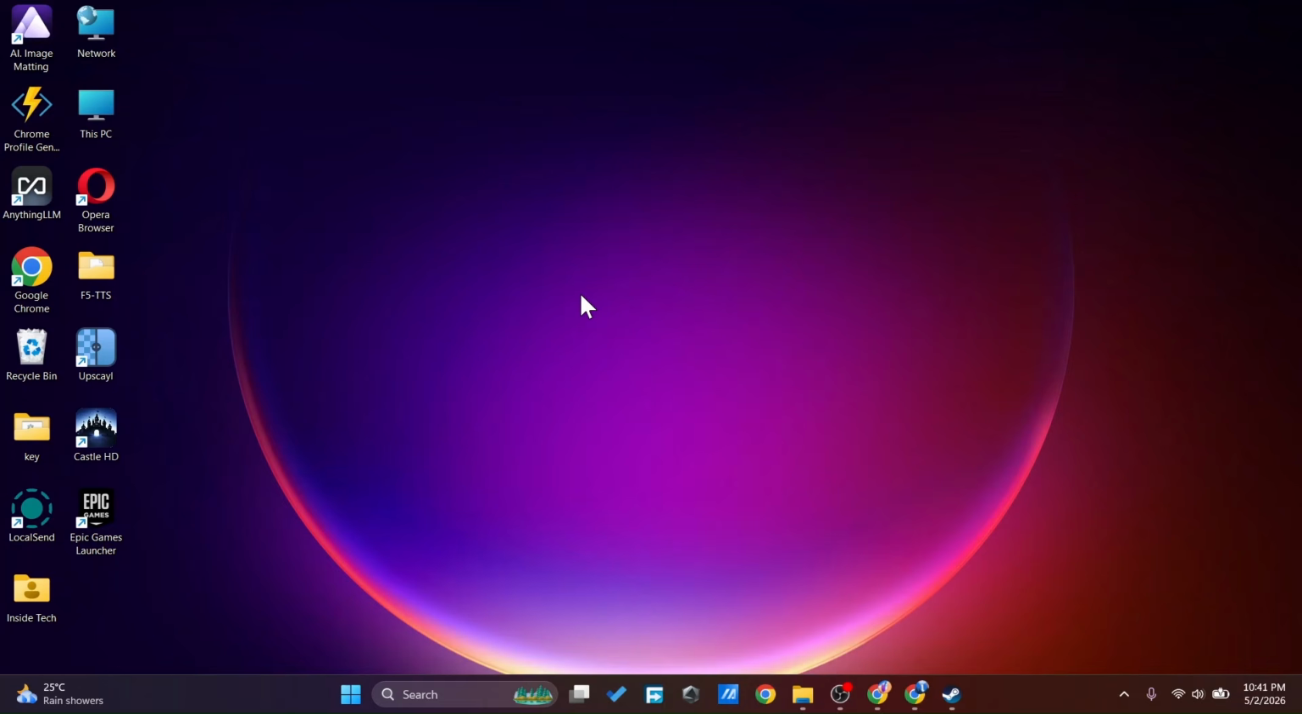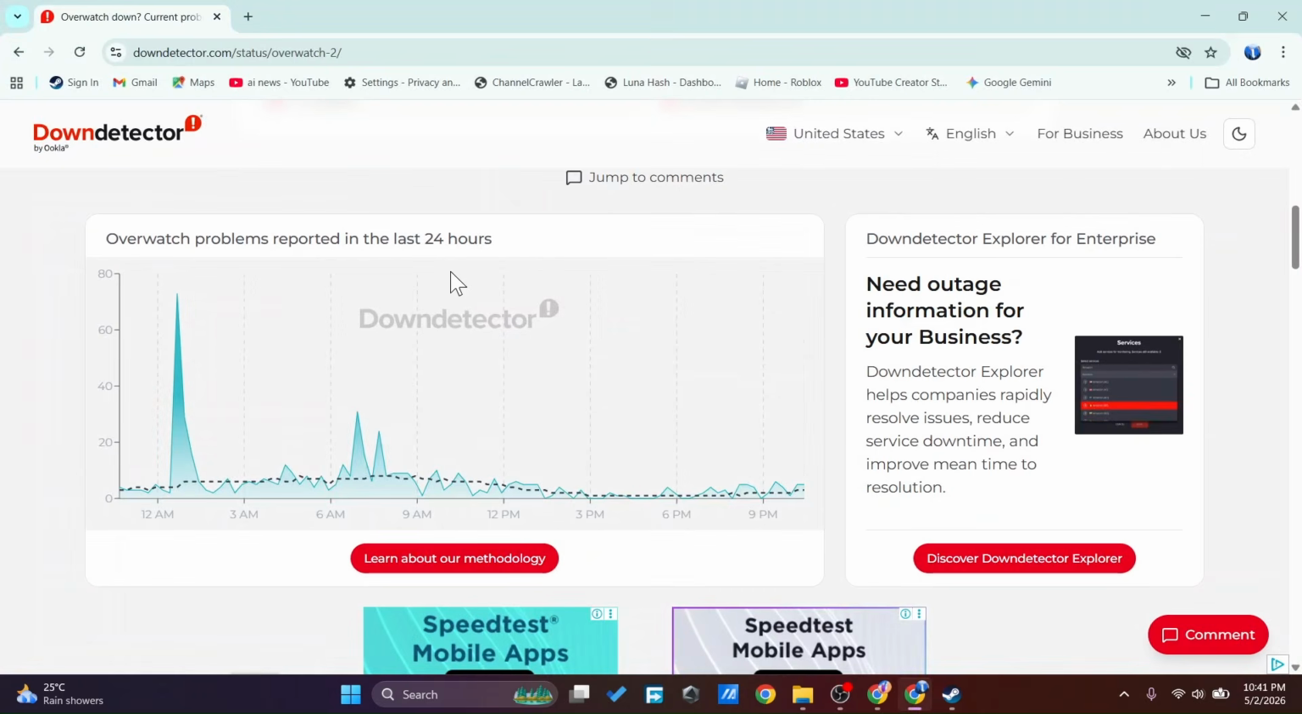Hey guys, in today's video, I'll be showing you how you can fix the Overwatch 2 game server connection fail error. The first thing you need to do is make sure there are no outages in the server. You can easily check this on the server status page and see if there are any reports